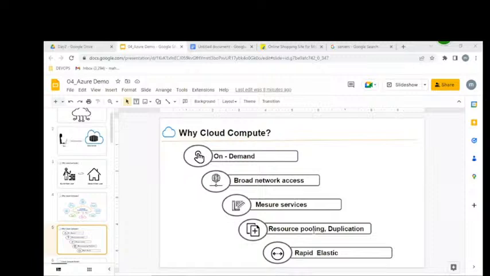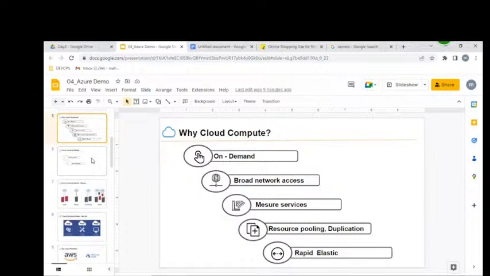But cloud, yes, because in a logical form we can duplicate any number of times. Then rapid elasticity: based on requirement, servers will automatically be increased, and automatically decreased. We call this rapid elasticity. So these are the rules and regulations a cloud provider has to follow.